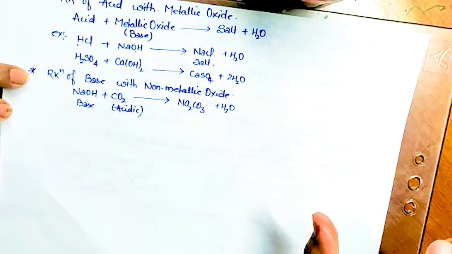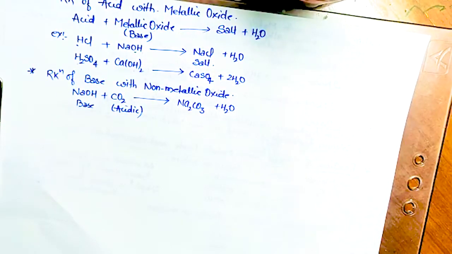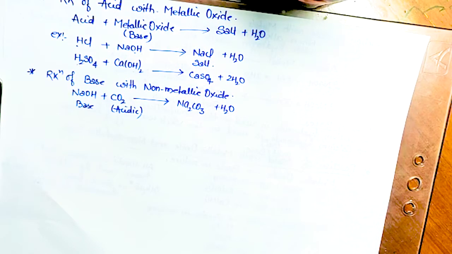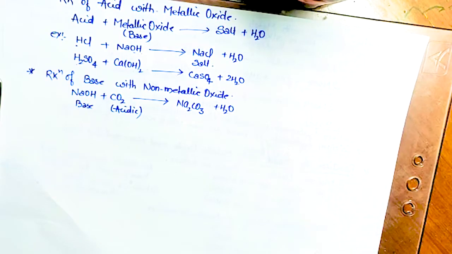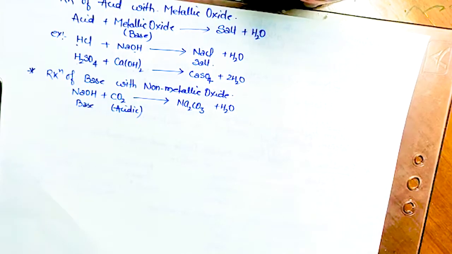So there is a trick for that. I have explained in a few videos before that if carbonate is there on the reactant side, carbon dioxide will be a must product. So vice versa we can do. If carbon dioxide is on the reactant side, that means carbonate will be there on the product side, isn't it? Similarly, if nitrate is there on the reactant side, nitrogen dioxide will form in the product. So you can do it vice versa. If nitrogen dioxide is in the reactant, that means nitrate is on the product side. Similarly, you can do for sulfate.